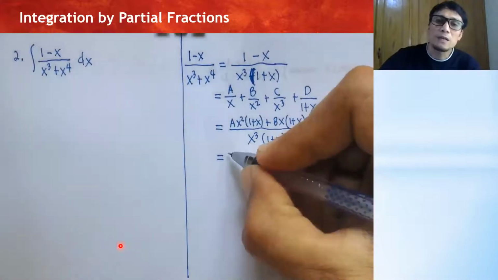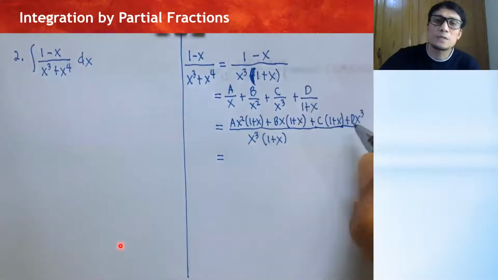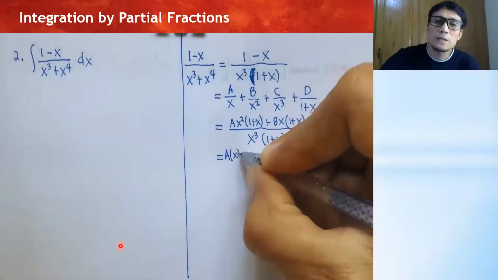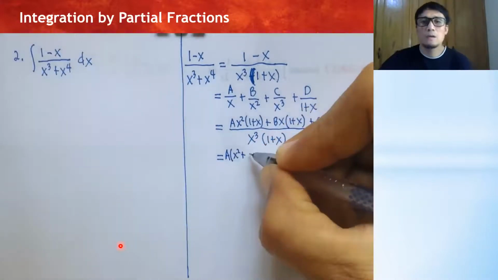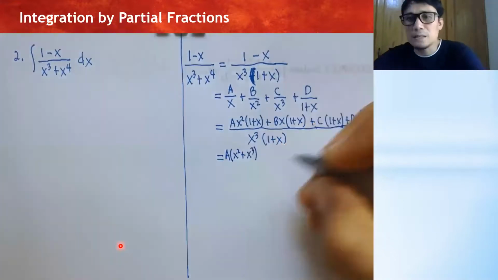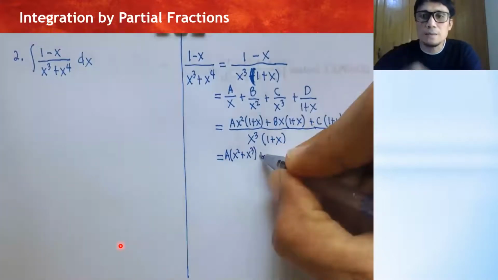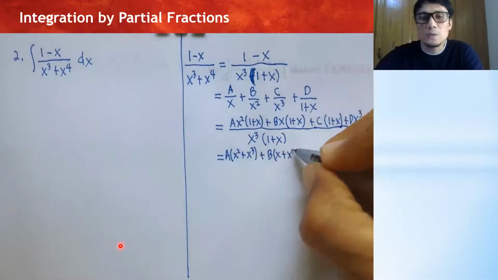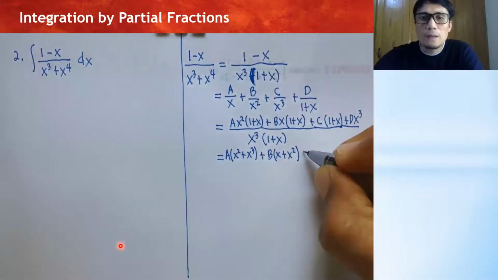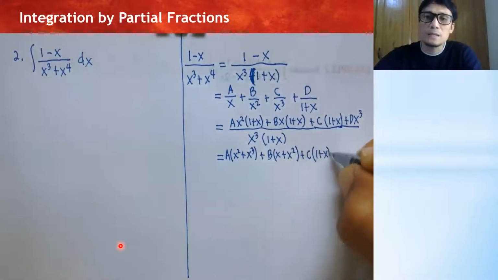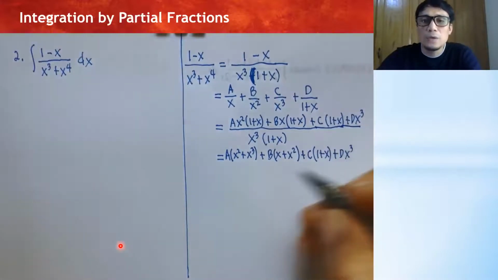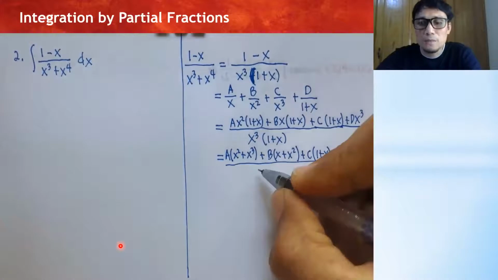So we can write that as a times x squared plus x cubed, and then plus b times x plus x squared, plus c times 1 plus x, plus dx cubed over x cubed